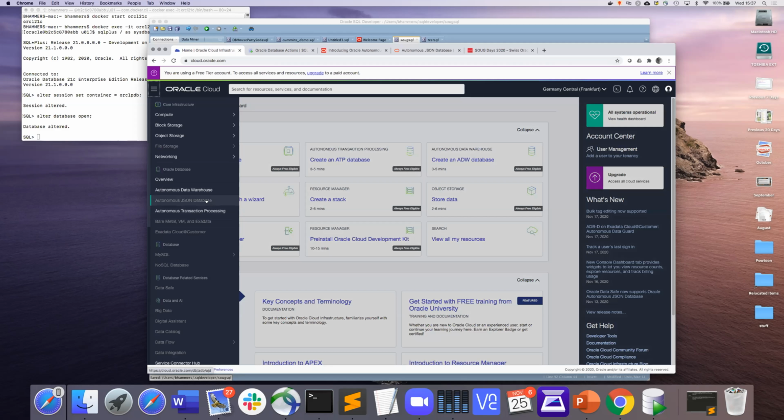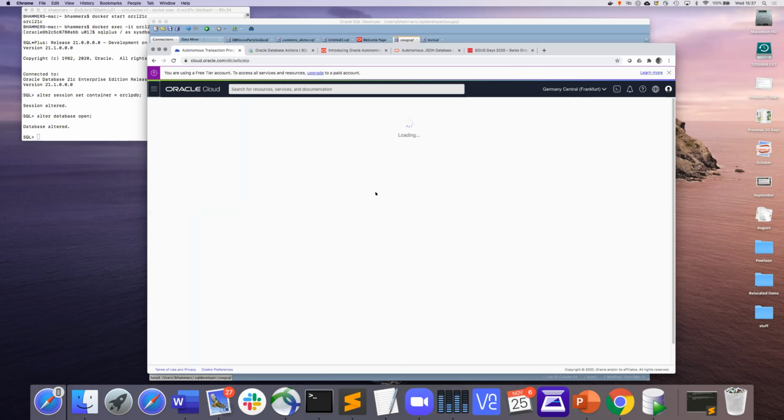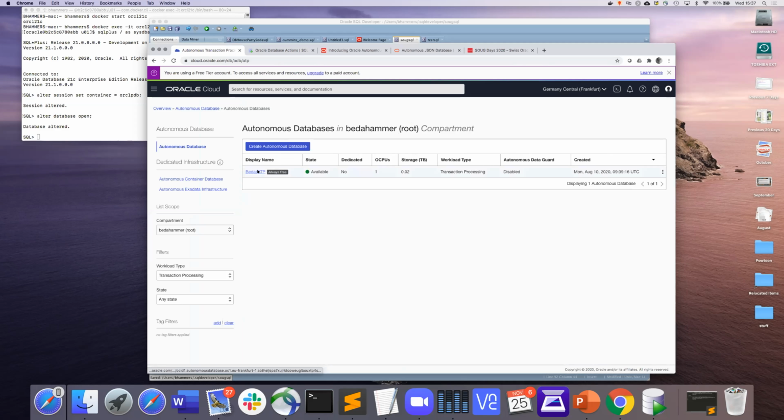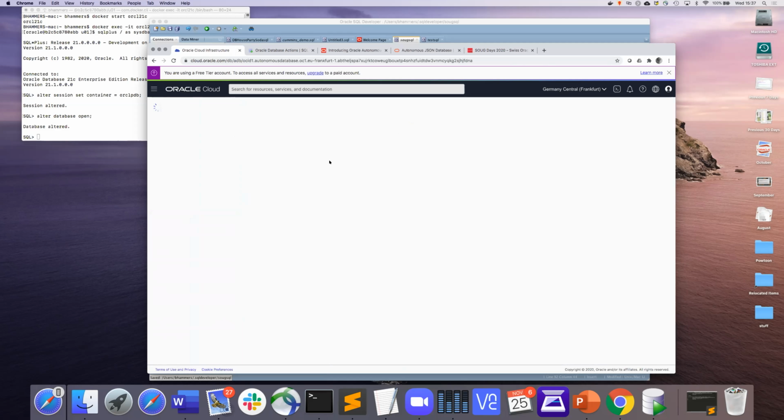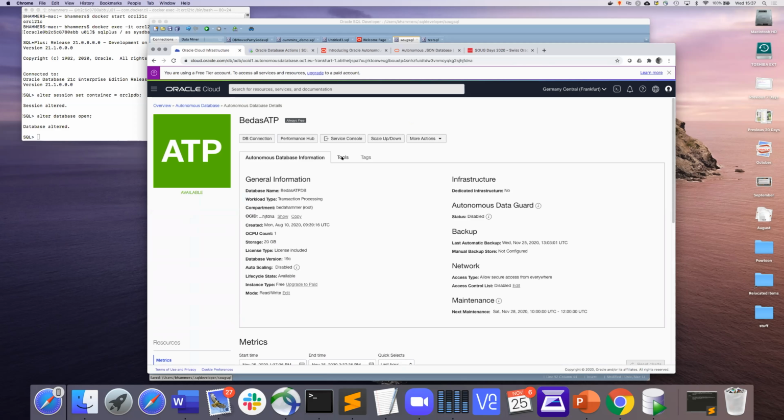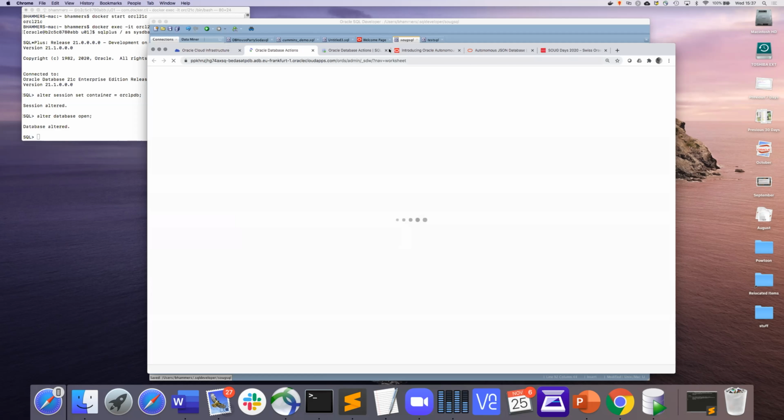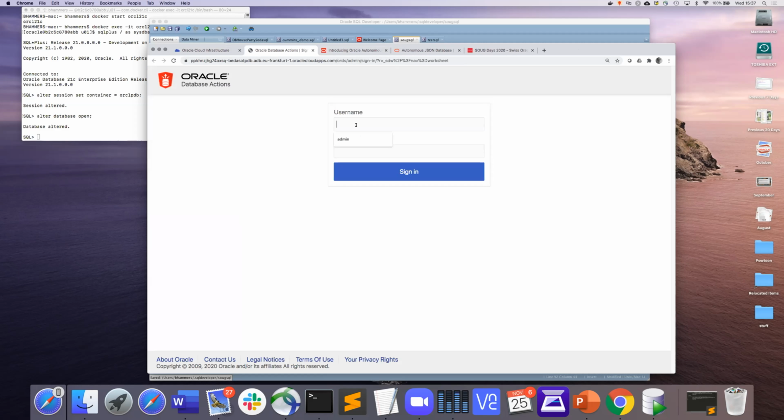And there is a new service called Autonomous JSON Database. That's a subset of Autonomous Transaction Processing. And it's grayed out here because it's not yet available in the always free tier. I was told it's happening soon. But as it is a subset of Autonomous Transaction Processing, I can show everything that Autonomous JSON Database can do in this free Autonomous Transaction Processing. If you click on this, there is a tool called SQL Developer Web, and that allows you to play with SQL as well as with SODA.